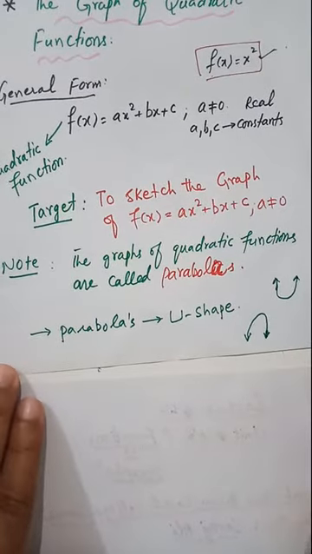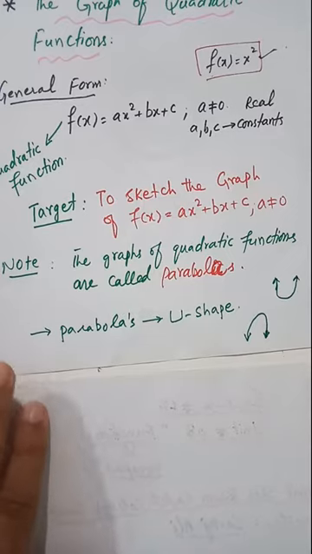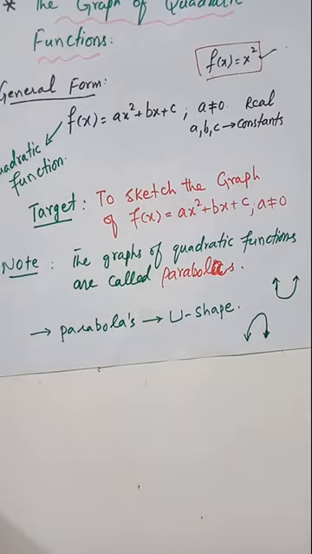We will not discuss the case where the branches open towards the right or towards the left. Our target is to find which quadratic function has a parabola whose branches open upward, and which quadratic function has a parabola whose branches open downward. But before discussing that, I am considering an example to discuss some concepts related to the parabola, the U shape.